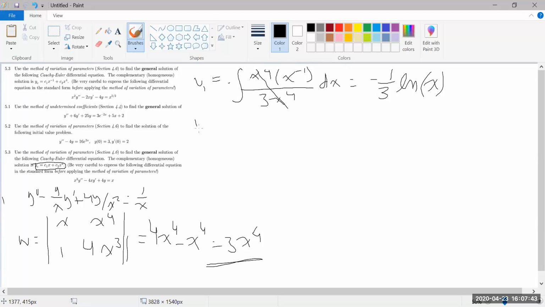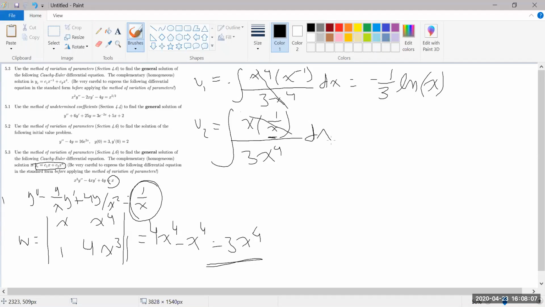Okay, so now we can start on our u2, which is our x term times our f function here. This is our driving function once we put it in standard form, so it's right here, and then divided by our 3x to the fourth, integrating. Obviously, these two terms make a factor of 1, and we're integrating 1 over 3x to the fourth, which should give you